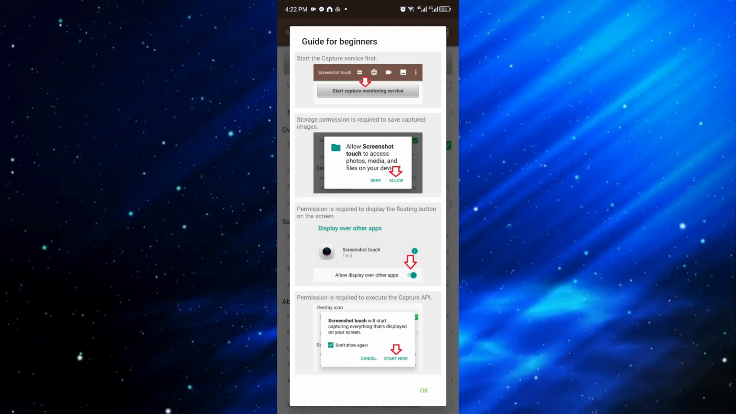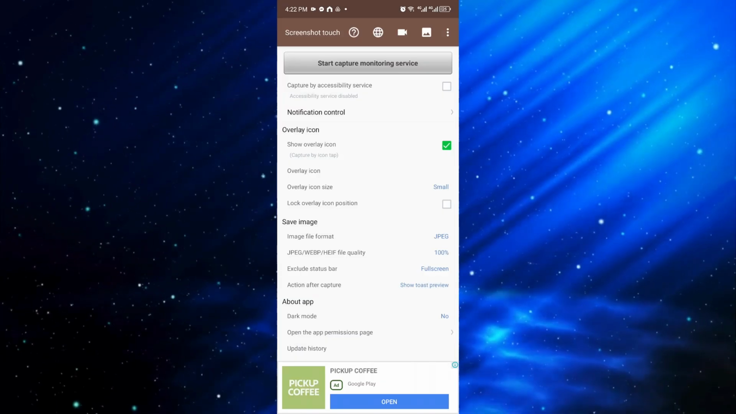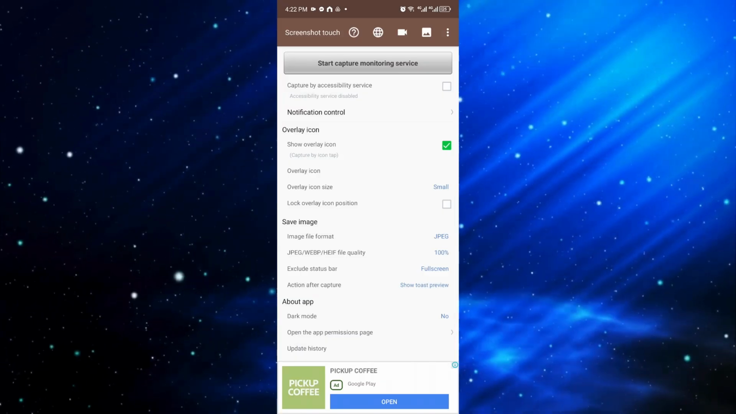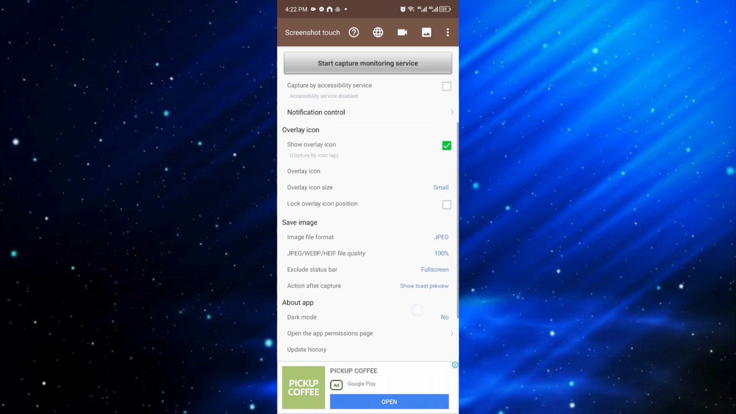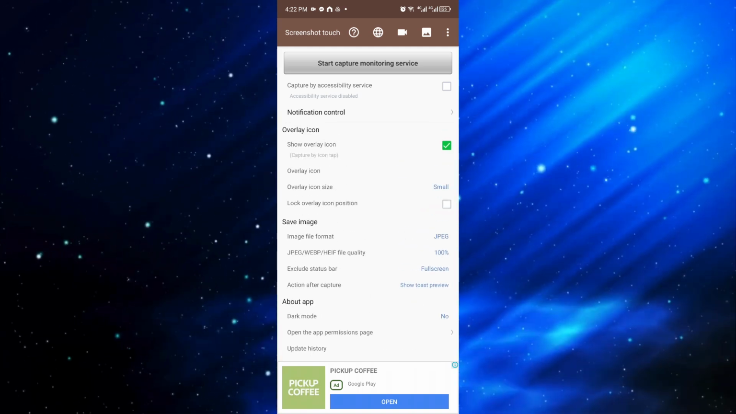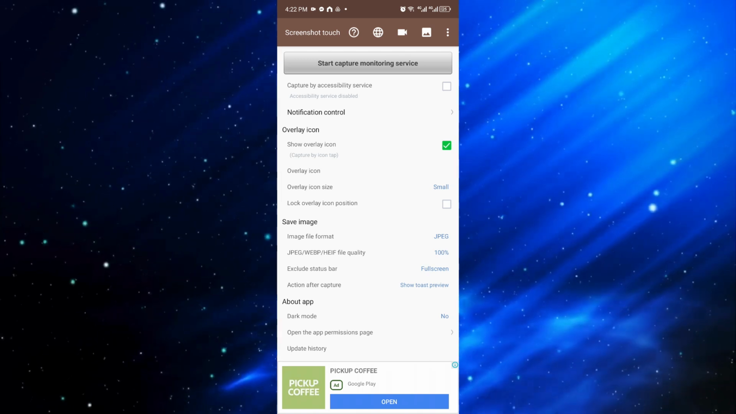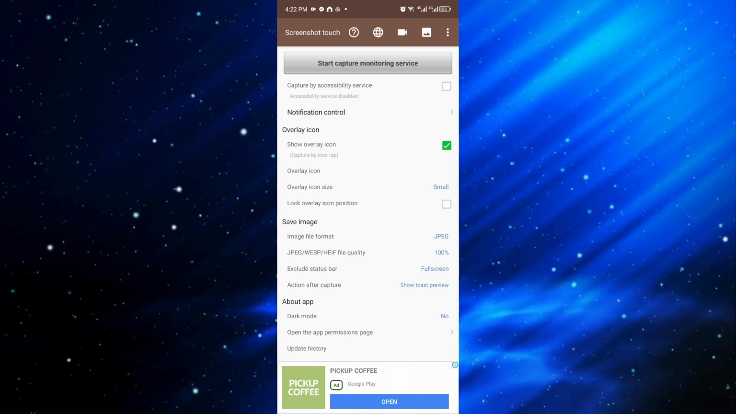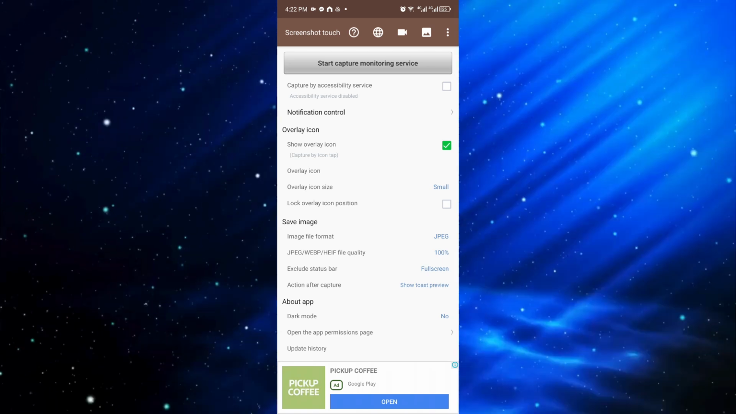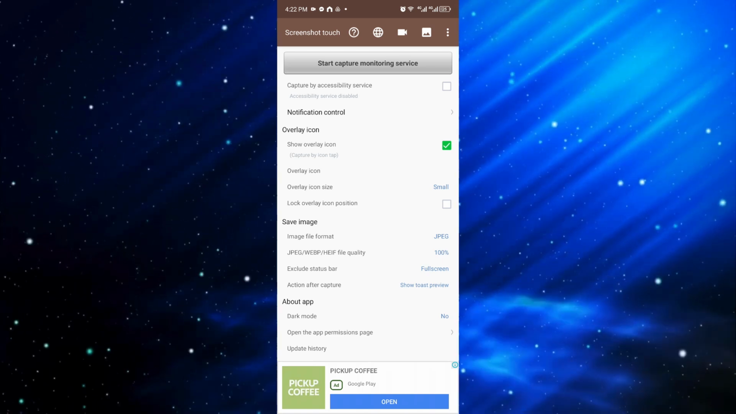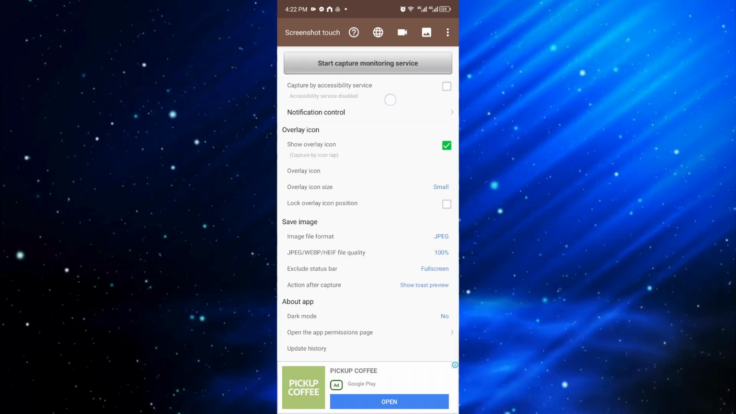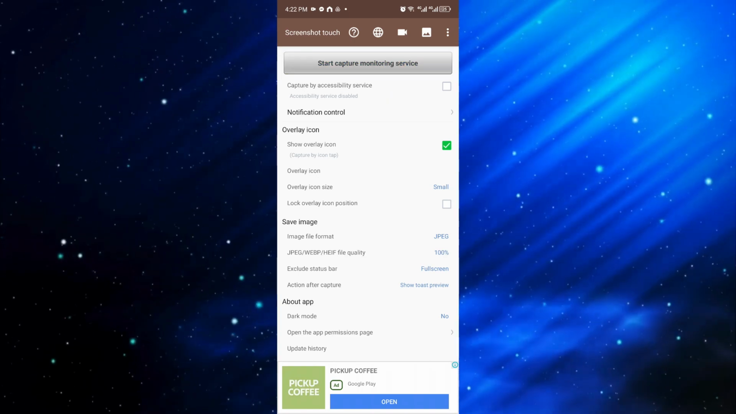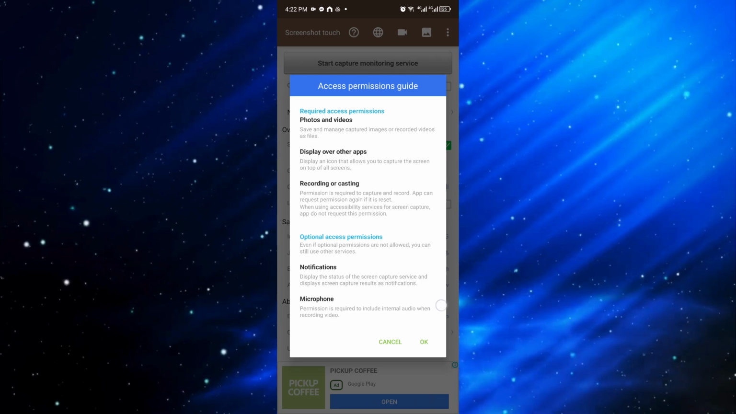You want to go ahead and open it up, click on the OK button below your screen, and once inside you want to go ahead and scroll down. Click on that on the top and allow. And once inside, you can just go ahead and click on this huge button that says Start Capture Monitoring Services,